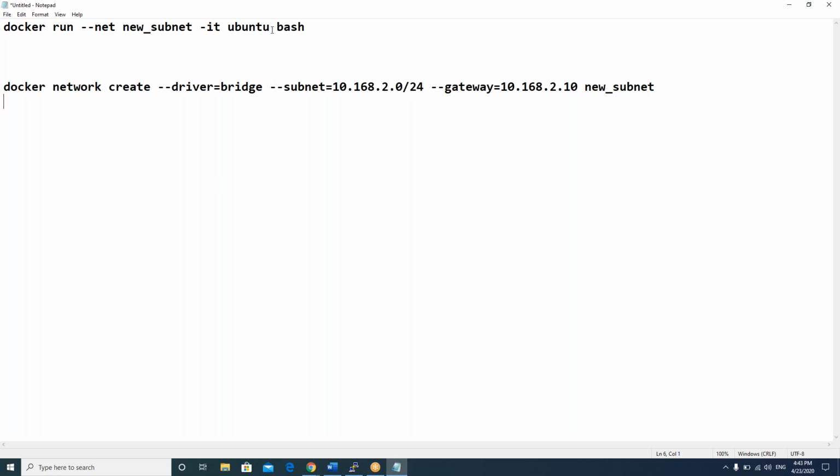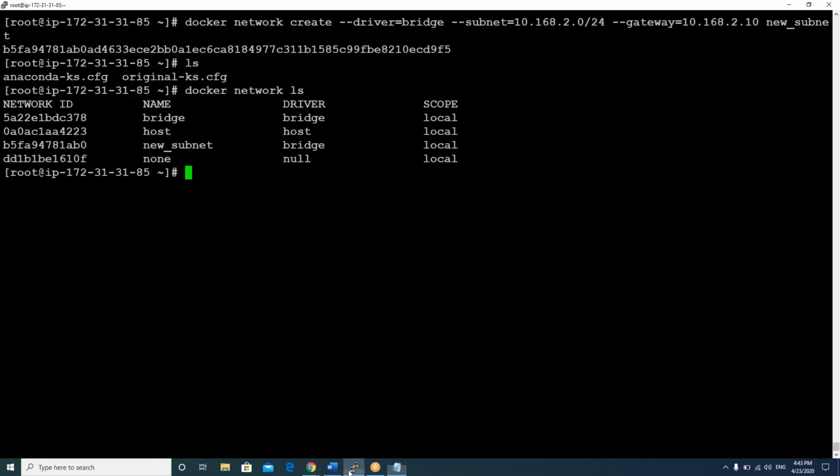It's CentOS, right? It could be CentOS or Ubuntu, it's your wish. There is no dependency. I can go with any container, whatever you need. I want to create a container in the 10 series now. I don't want to go with the default series. What is your default series? 192 now, right? If you create your container without that hyphen net option, it will take the default network. But I don't want the default network. I want the 10 series. Now enter.